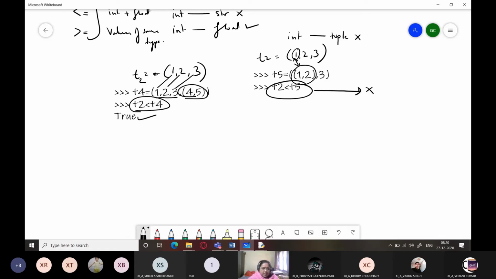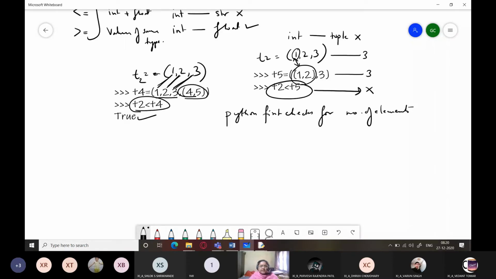But here the factor is what is checked first. In this case, both the tuples contain the same number of elements. Python first checks for the number of elements.